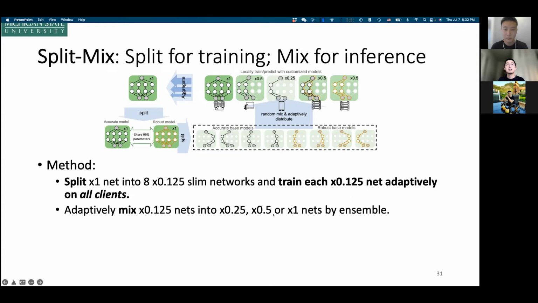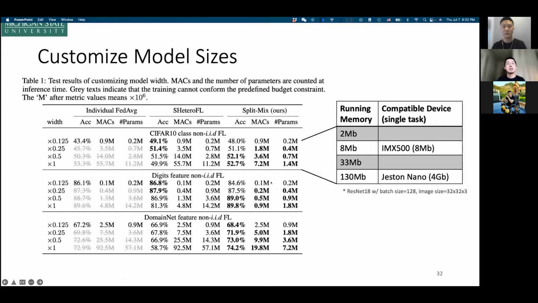So this is SplitMix, the main method, and these are the experimental results for model customization. We experiment on 3 datasets, starting with CIFAR10 with non-IID class distributions. Each client has a subset of classes, 5 classes each, randomly selected.